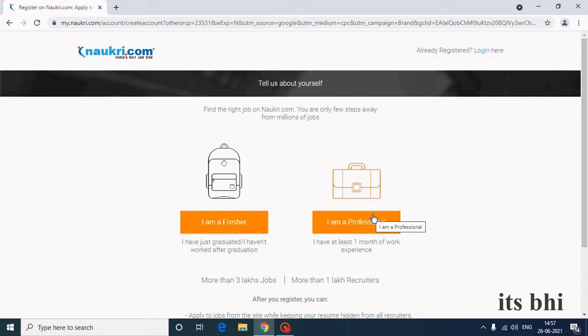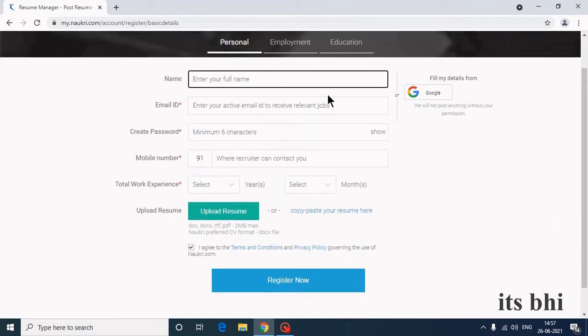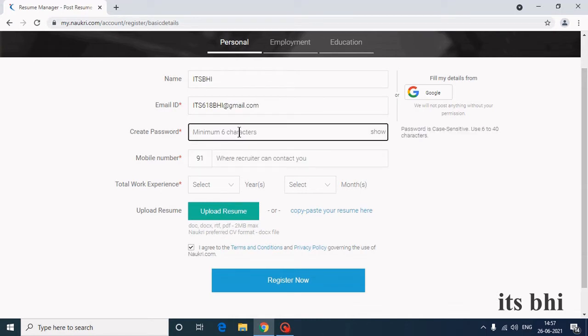I will create both; they have the same options and procedures, but I'm going with the professional one. Enter your Gmail and give a password.